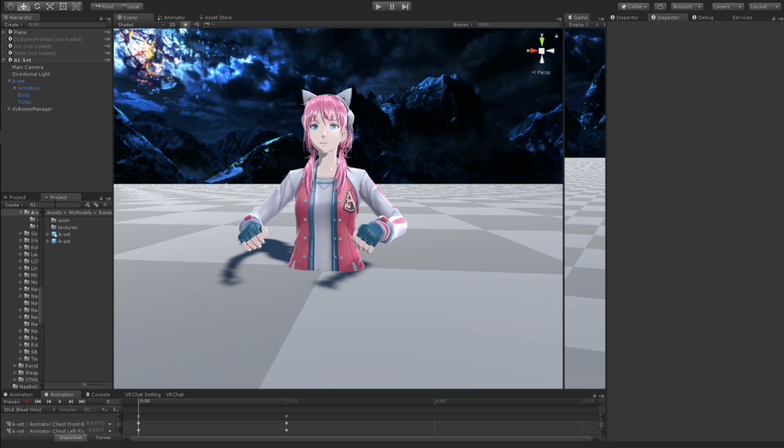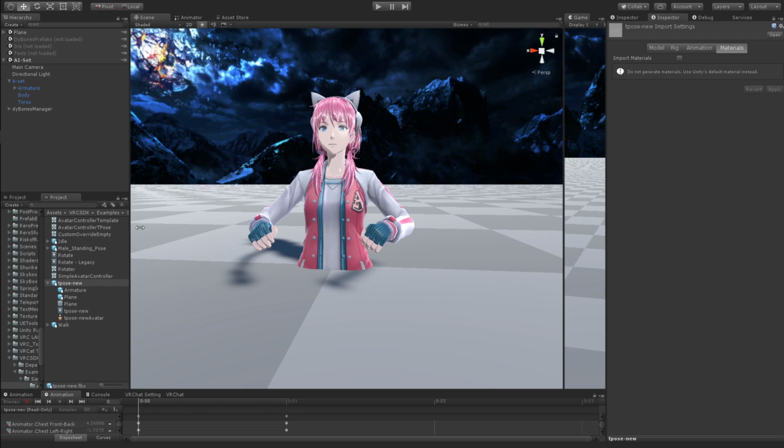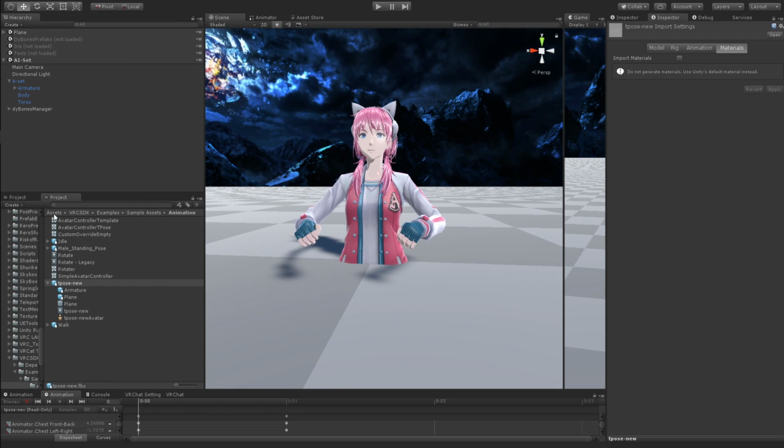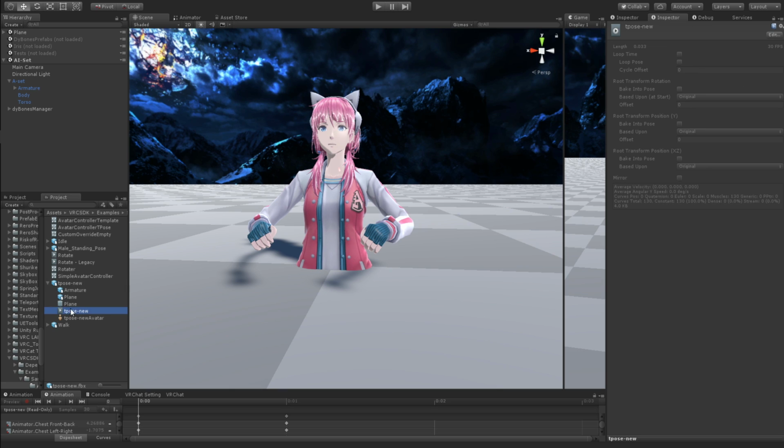VRChat SDK comes with a perfectly usable T-pose animation that you can get to by searching for T-pose in the search bar, find either the prefab or the animation itself, and for reference, that's in Assets, VRC SDK, Examples, Sample Assets, Animation. You're going to look for this prefab here that says T-pose-new, and the animation in it is named the same thing. You'll see here that it's read-only, but if you hit Control-D, then you can make a copy